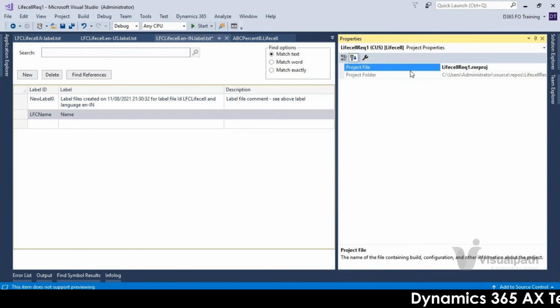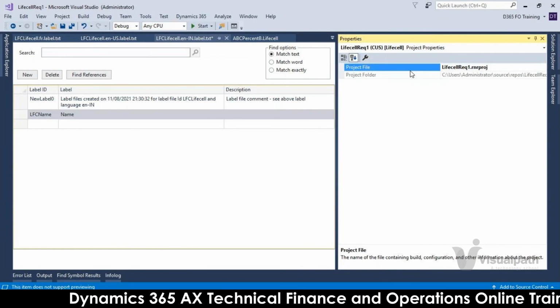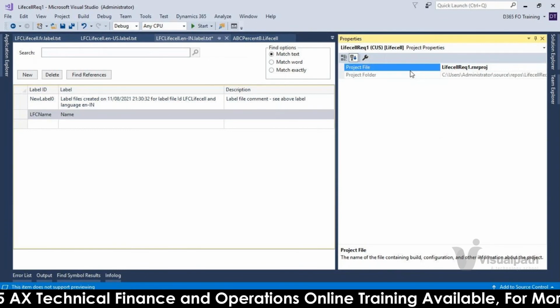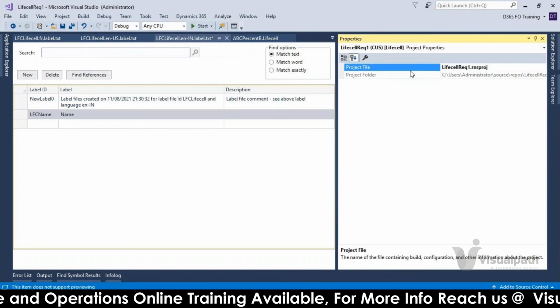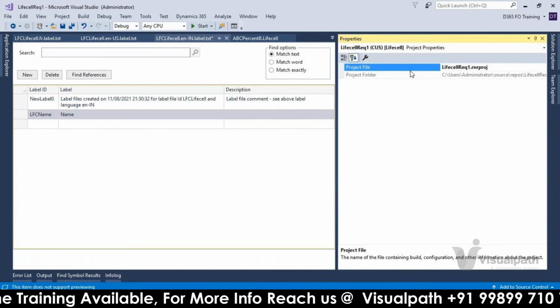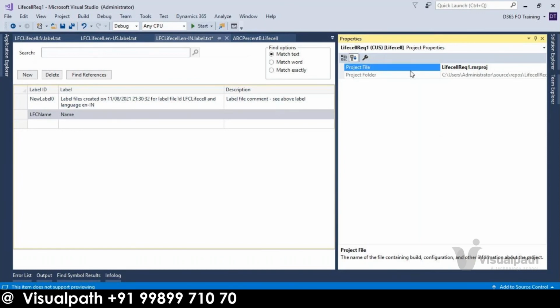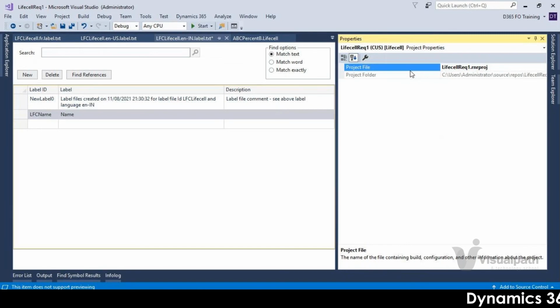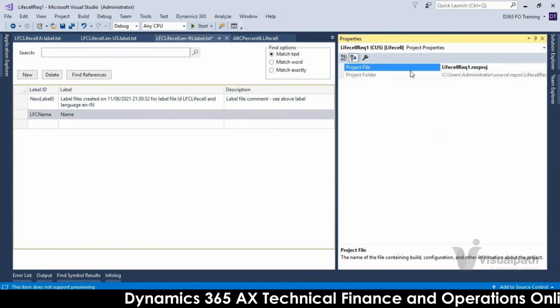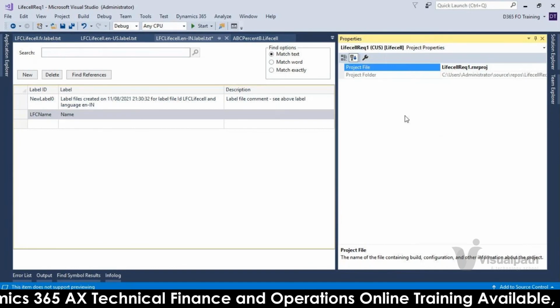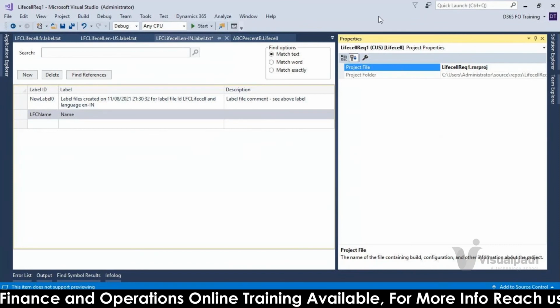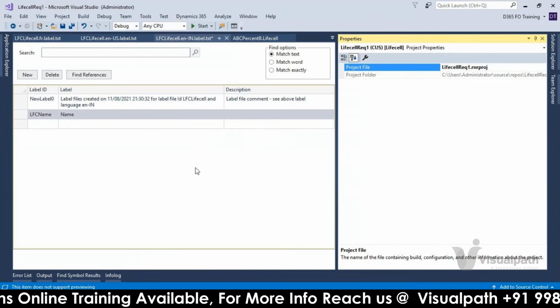Initial stages, once they make it, they will give 6 months or 1 year during which you have an option to use it. But once you see those warnings, you cannot use those obsolete methods. In future releases, they will remove that method. Whatever customization code we have using that method will give errors. Again, you need to fix it, using whatever new method Microsoft is giving instead of the existing one. That type of thing is still there, but with each and every upgrade they are coming up with new concepts. Now the application side is also changing a lot.